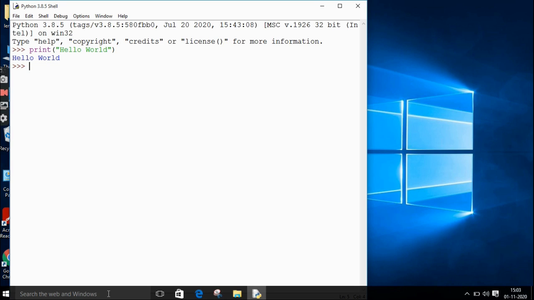In the second example, we are going to give a is equal to 5, where a is a variable and in this variable we are storing the value called as 5. Suppose I want to print only the value of a. I can use the print statement with only a as a character. Over here, the value of a will be printed, that is called as 5.